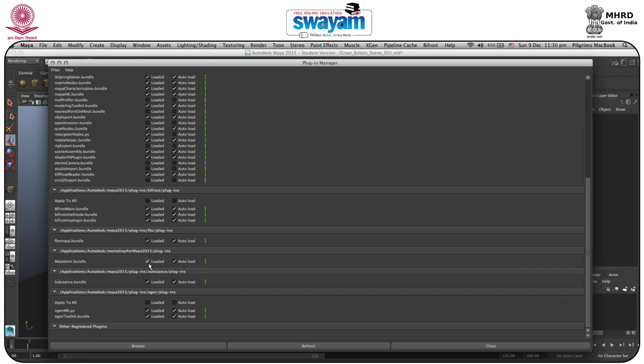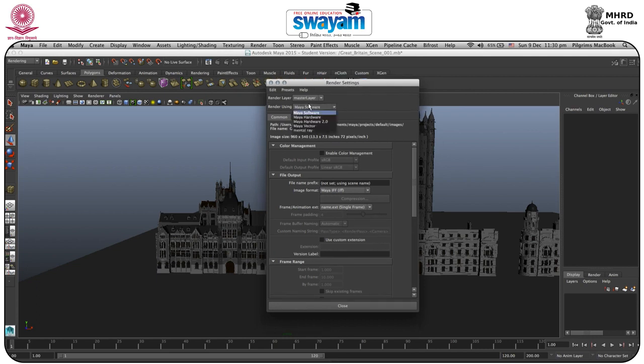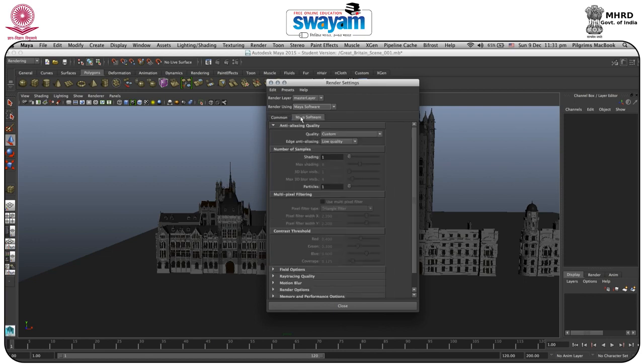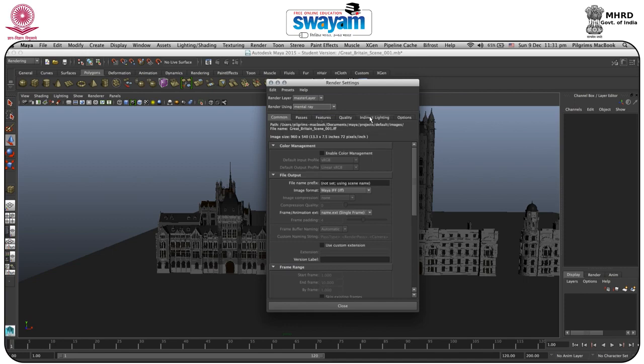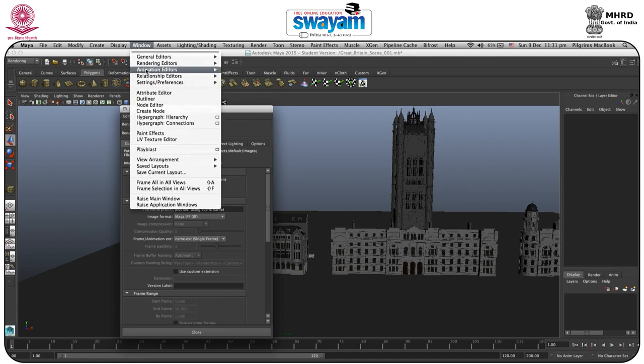That means it will load into your viewport, it will also have a particular panel, and whenever you close your Maya and reopen it, it will show. Okay, here we have just clicked both of them. Now I will simply close it. Now if you go to Render Settings, here you find a particular preset named mental ray. As you can see, there are only 2 tabs, and if I go to mental ray, then it will increase. So in this way you can load mental ray through Window, Settings and Preferences, and Plugin Manager.